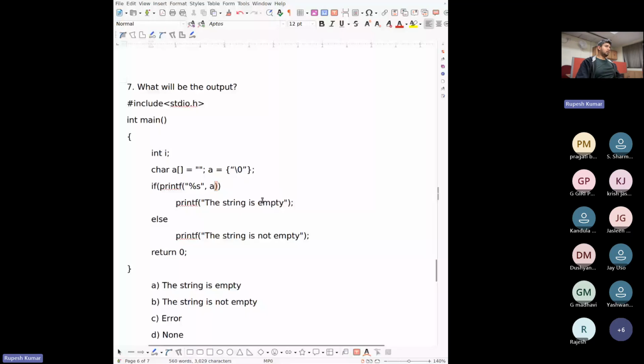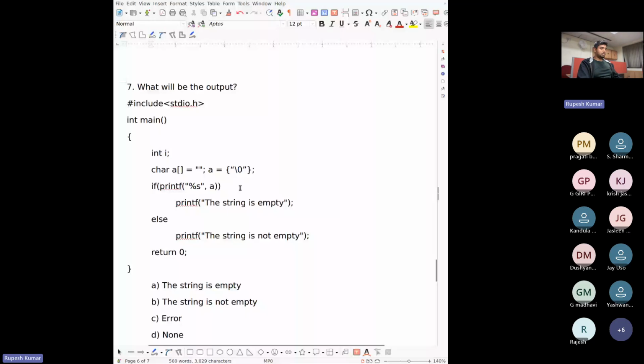We all know that if is a conditional statement and it requires a boolean as an input to process. If it's true, then the section of code specified under the scope will be executed. Otherwise, the next section will be executed. So let's look at what this printf returns, and then we can proceed from there.